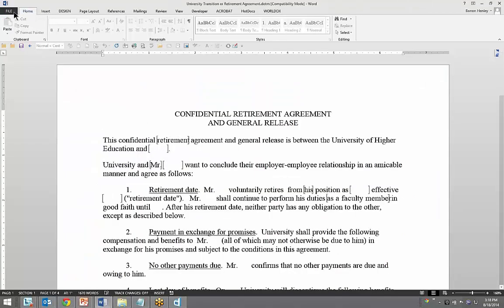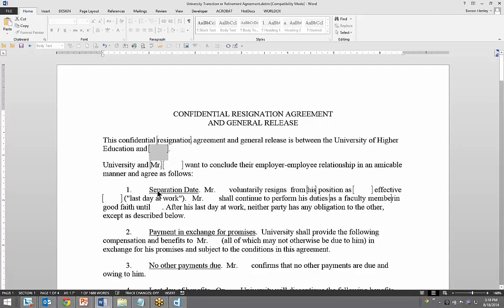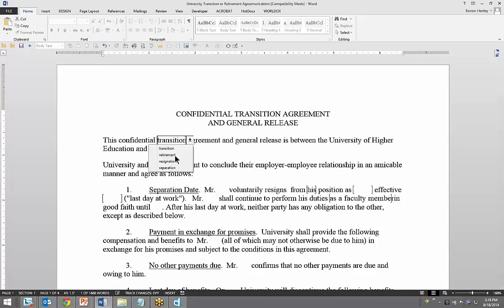In this document, if I go to this first drop-down, this is just Microsoft Word, by the way, and I pick that this is a retirement agreement, I'm going to hit the Tab key on my keyboard, and if you watch this word and this word, you'll see, actually, let's make it a resignation. You can see how it switched to resignation and separation. If I switch this to transition and hit Tab, it switches to transition. So you can do some basic